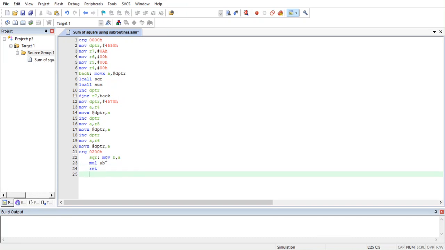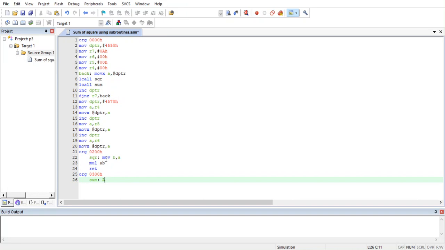Now let's write the next subroutine. So let me take a new memory location, ORG 0300H, right? Now I'm going to write the label SUM. Now I need to sum this data, right? The low byte is now there in the A register. I'll have to add it with R6. R6 is the register which is going to store the sum of the lowest bytes.